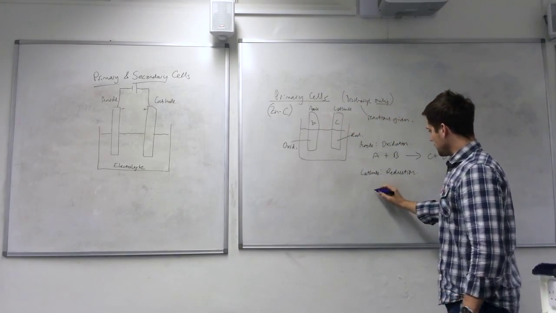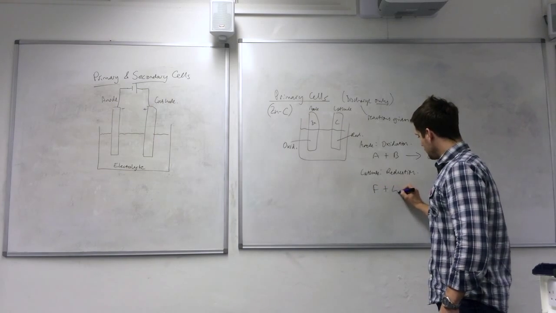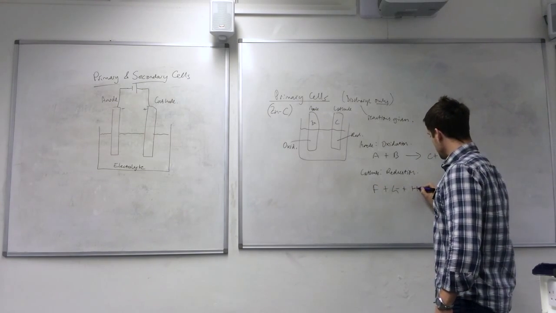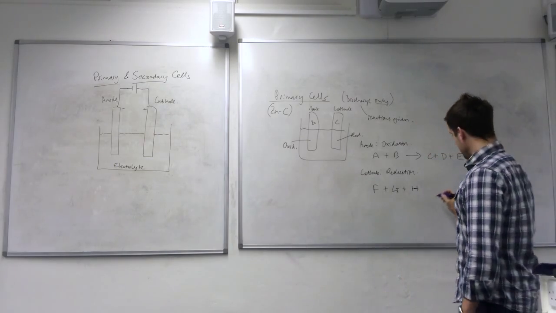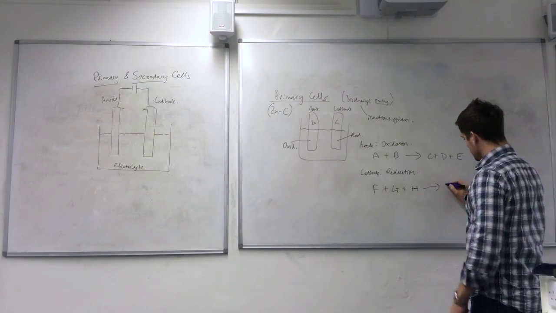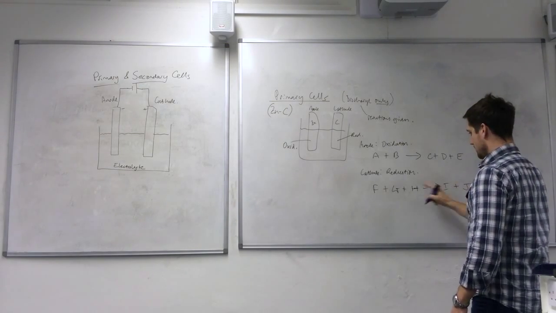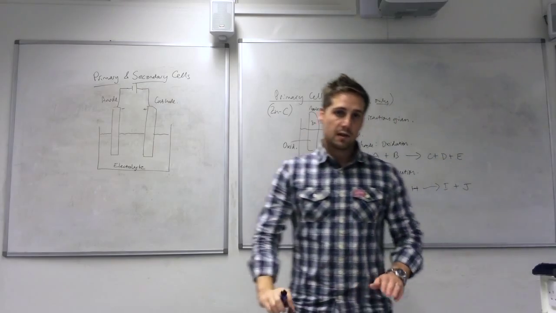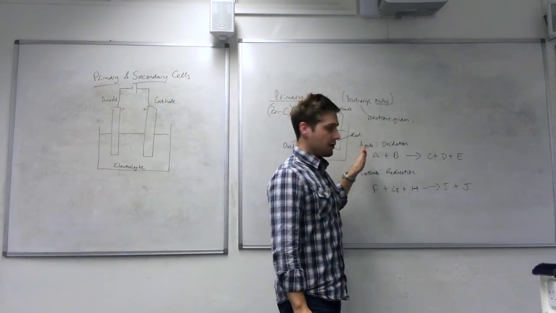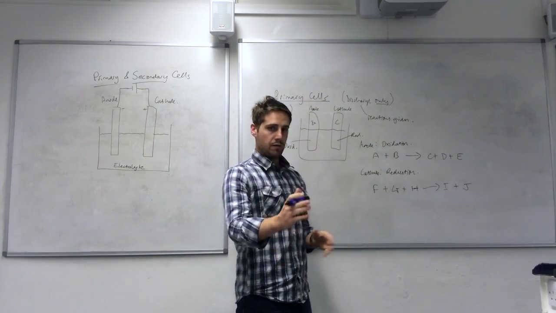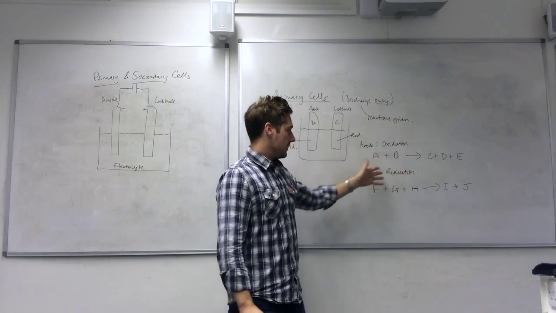At the cathode, it's a reduction reaction, and we have some new chemicals here, F plus G plus H. I'm starting at F because I've gone up to E there. So I've got three reactants here, and they get turned into two products. As I said, you'll know what the actual chemicals are from your resources, but I've just used these letters